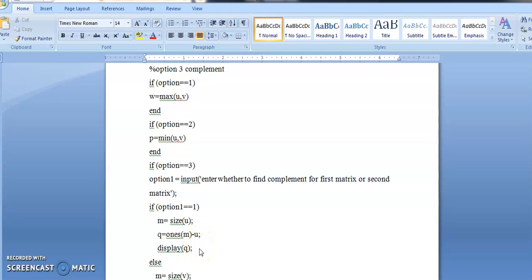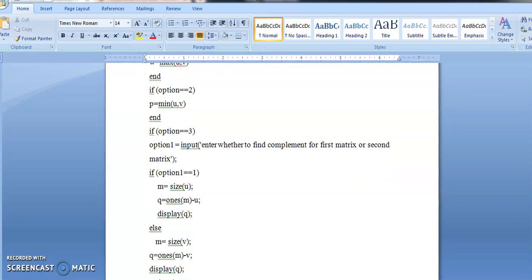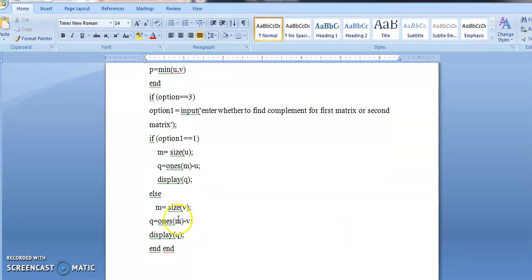Then display Q. Else if the user wants the complement of the second matrix, that is V, then M equals size of V, Q equals ones of M minus V, then display Q.